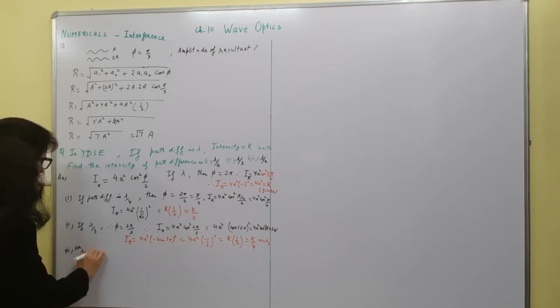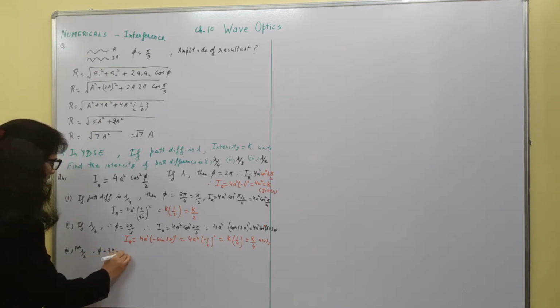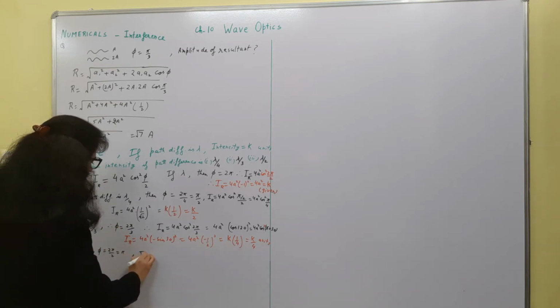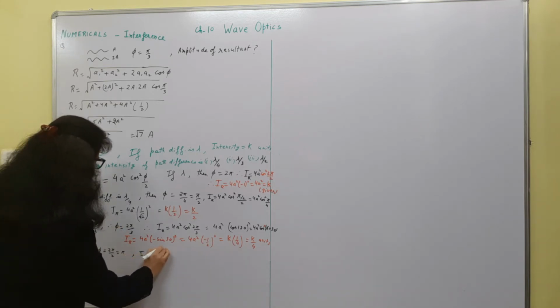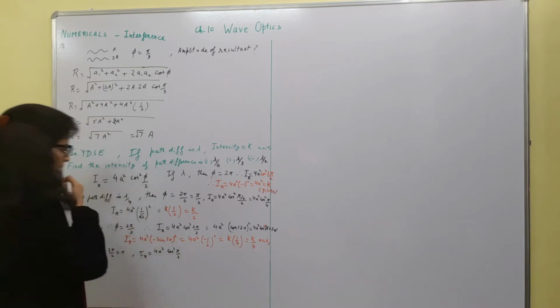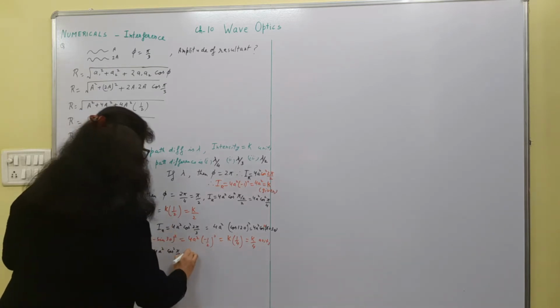For lambda by 2, phi is 2 pi by 2, that is pi, right? So therefore IR is equal to 4a square cos square pi by 2, and cos pi by 2 is